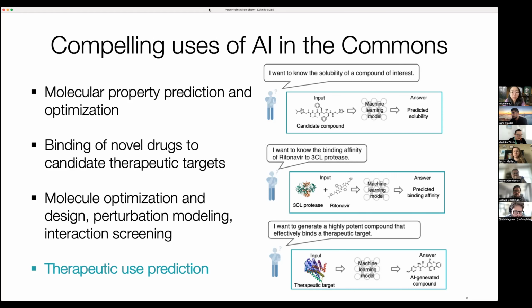And of those many use cases, I will focus today on one, which is that of therapeutic use prediction. And I will walk you through a model that we have developed and how it integrates into TDC and what